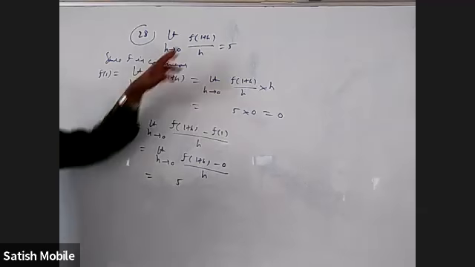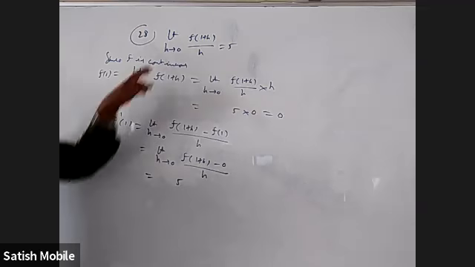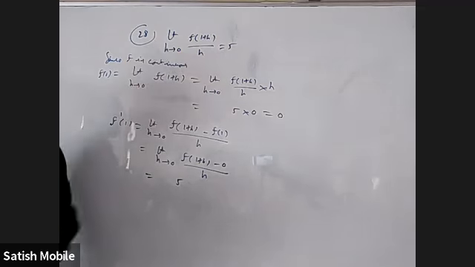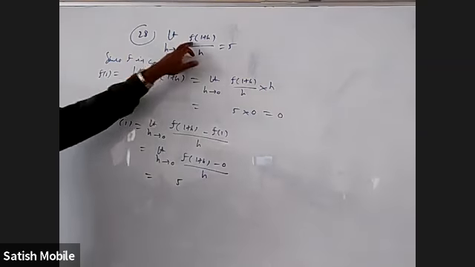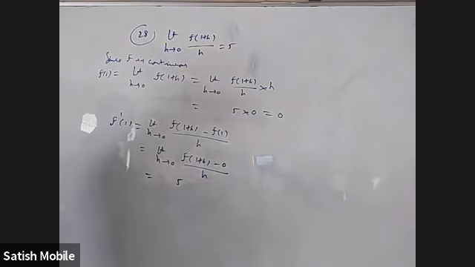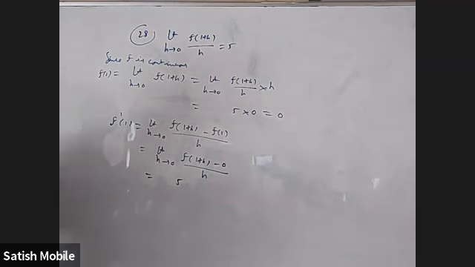But when can we use L'Hospital rule? It should be in 0 by 0 form. Do you know if it is 0 by 0 form? We don't know yet. Denominator is tending to 0. Numerator is also, is it tending to 0? It has to. Why? If it is not tending to 0, if it is tending to some other k by 0, the answer will be infinity. But if it is finite, this has to be tending to 0. If you understand that, with 0 by 0, use L'Hospital rule, you will get it.